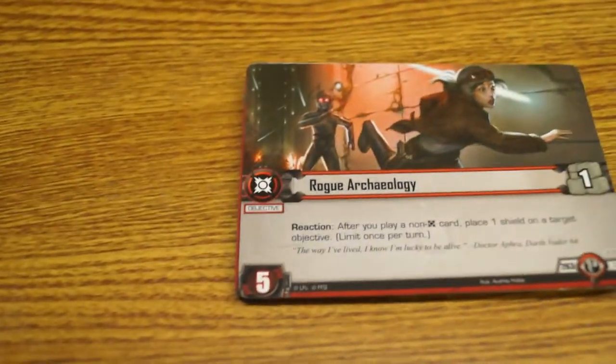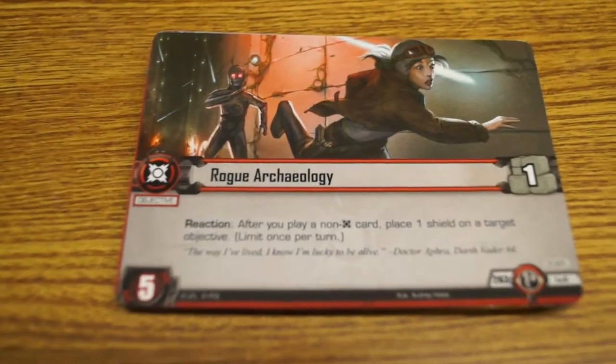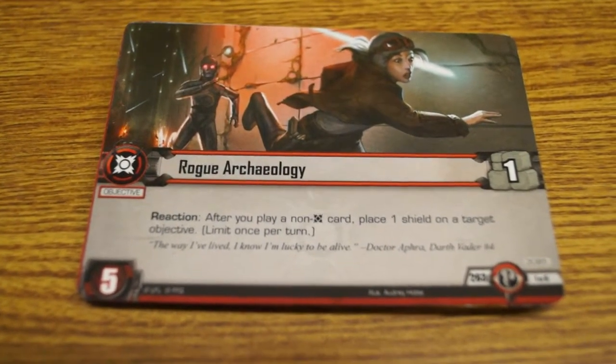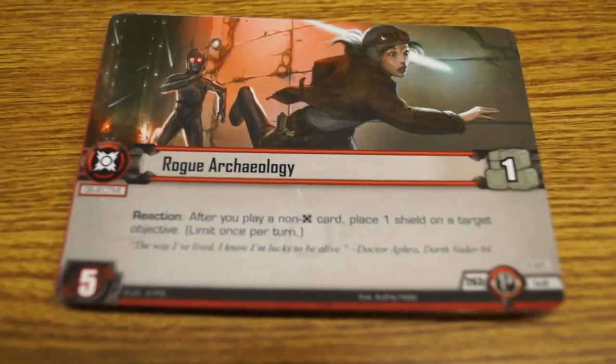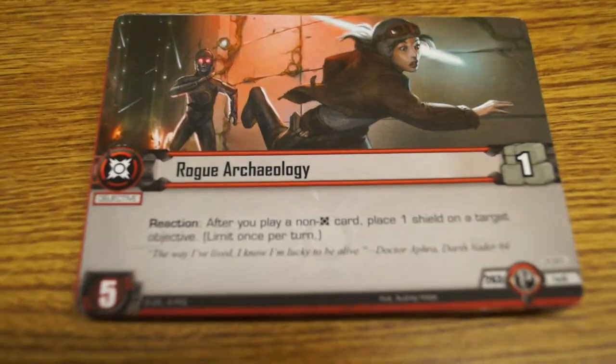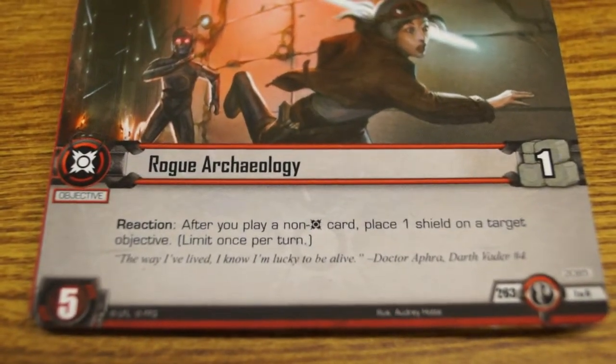All right, now moving on to Sith. We get a set, and again, 2 copies of this. We call it Rogue Archaeology. So it does not have a specific location, 5 damage as normal, 1 resource, and our reaction here, after you play a